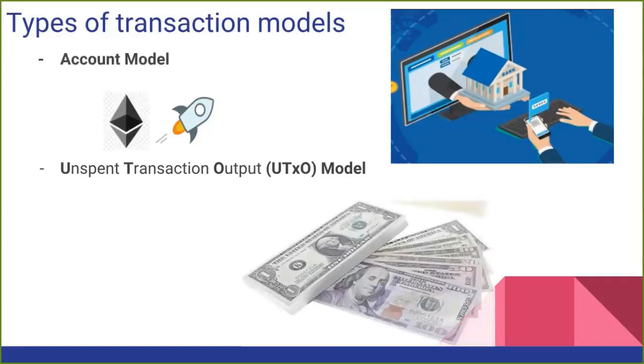An analogy to the UTXO model could be paper bills. Let's say I ask you right now, what is the balance you have? You will take out your wallet, count all the notes inside it, add them up, and tell me, okay, I have 2,000 rupees. So you have 500 rupee notes that sum up to 2,000 rupees. You can imagine that every 500 rupee note is a UTXO.